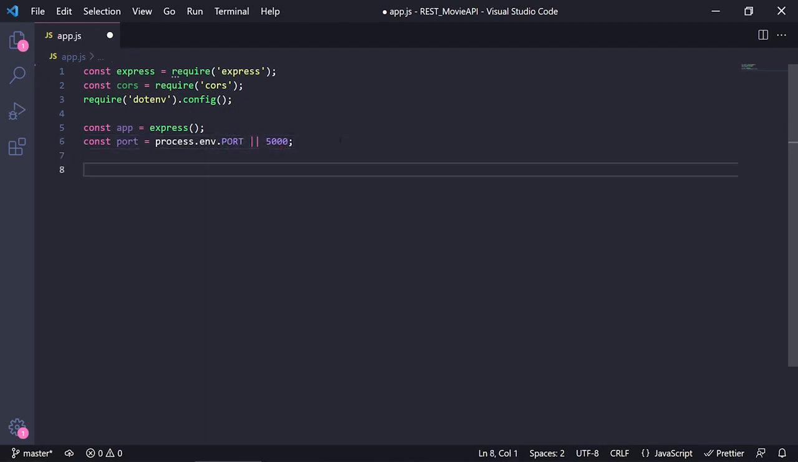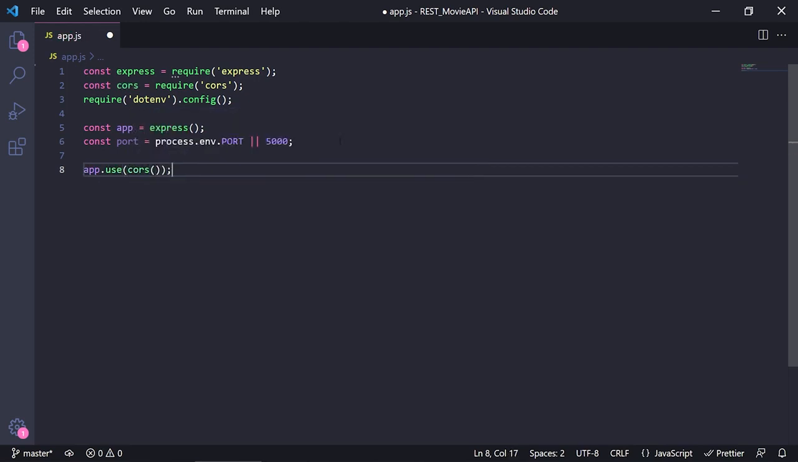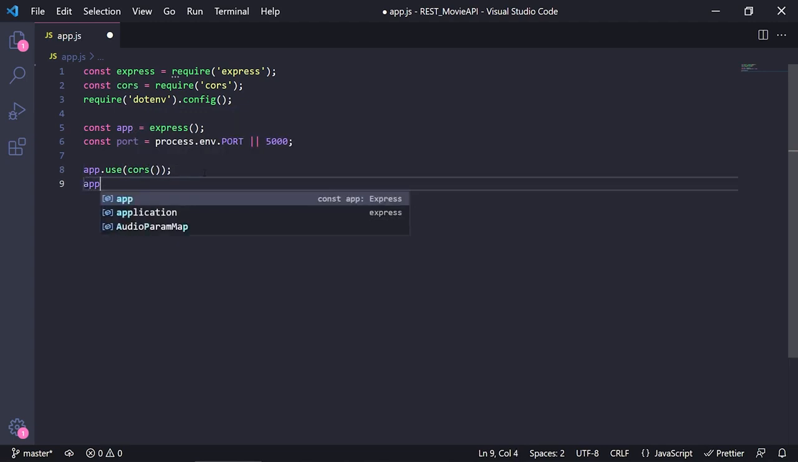That's it. Now let's set up some of the middleware. The first one is CORS, so the URL is usable on all origins. So app.use, and we're going to use cors, open and close, and that's it. Okay, now we need to set two more middlewares, and the first one is app.use